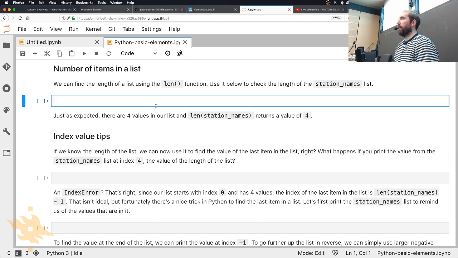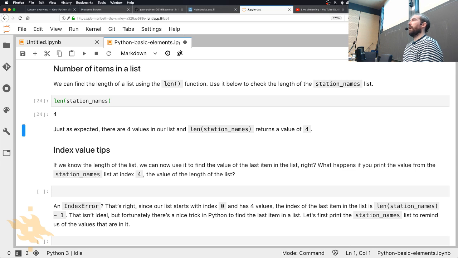Something you often want to be able to know with your list is how many items are in my list. So for this, there is a built-in function called len. It's a sort of short version of length. And with len, you can put in some list. In this case, let's do station_names. And if we check the length of station_names, we get back 4. If you remember from earlier in the lesson, we of course put in 4 different station names to our list,